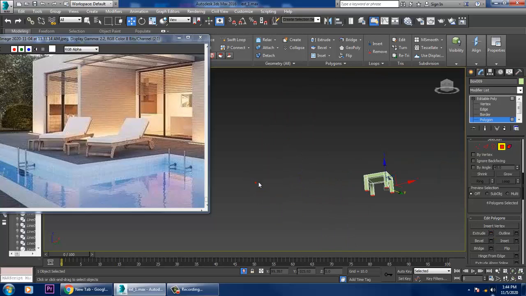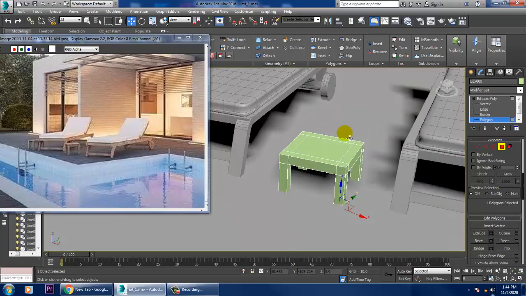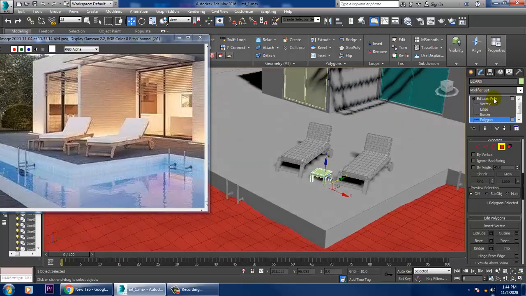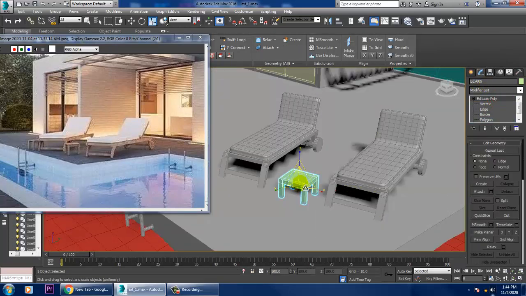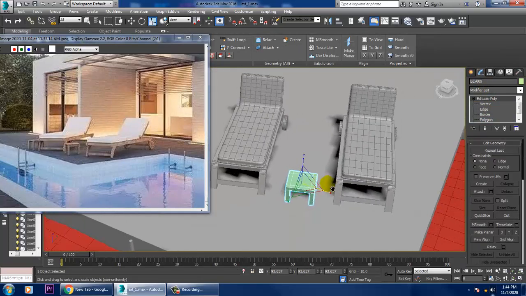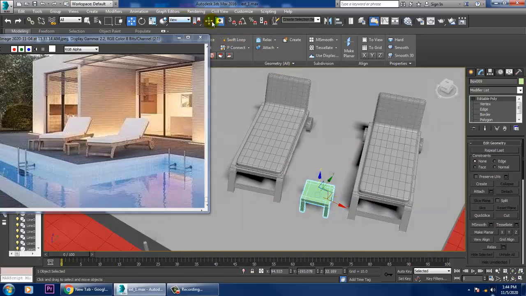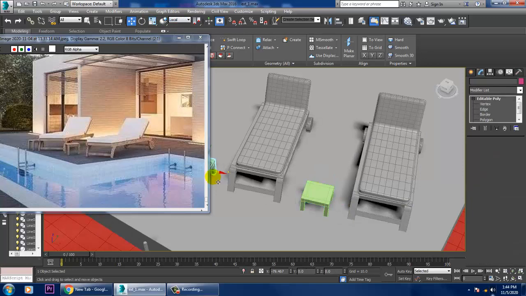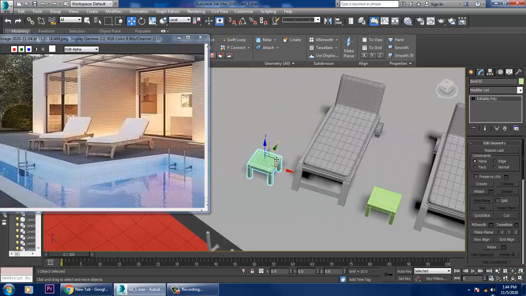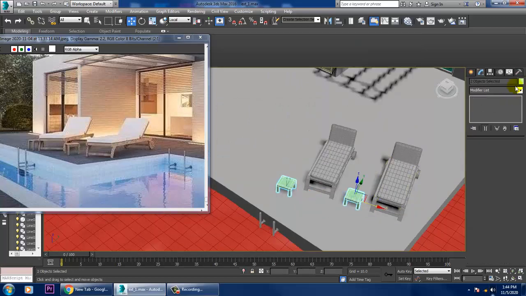Click OK and then isolate this. That's it. So once it is created, you can just shift it over here. Alright.